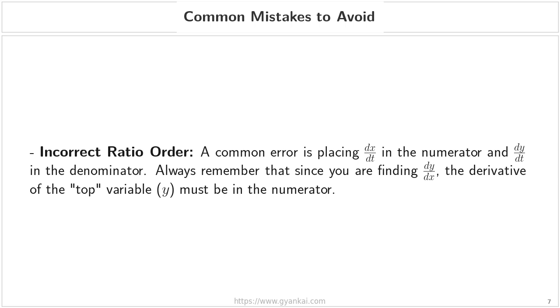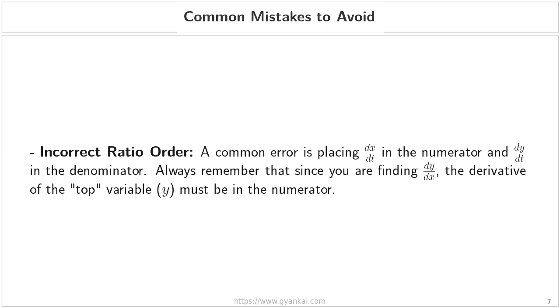A frequent error students make is placing the derivative of x with respect to t in the numerator and the derivative of y with respect to t in the denominator. To avoid this, always remember that since our objective is to find the rate of change of y with respect to x, which we denote as dy by dx, the derivative of the top variable, y, must always be placed